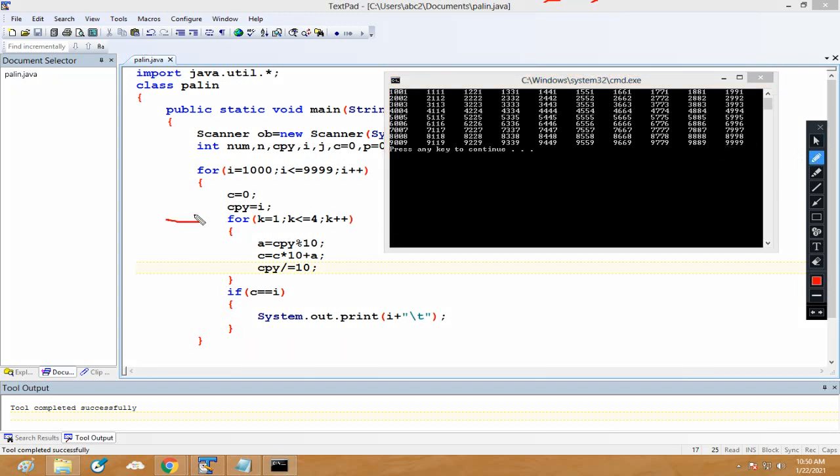So the loop you can use this also, but this line, the extraction and the update expression, that means we need to remove the digit from the right side every time, means 4 times we need to repeat these 2 lines. That is very, very important. This is for extraction and this is for removal of the digit from the right. Am I clear, everybody? Okay. So I hope this logic is correct, and instead of this, k equals to 1, k is less than equals to 4 and k plus plus, you can use that simple loop also which you were using earlier. Am I clear? Like this.